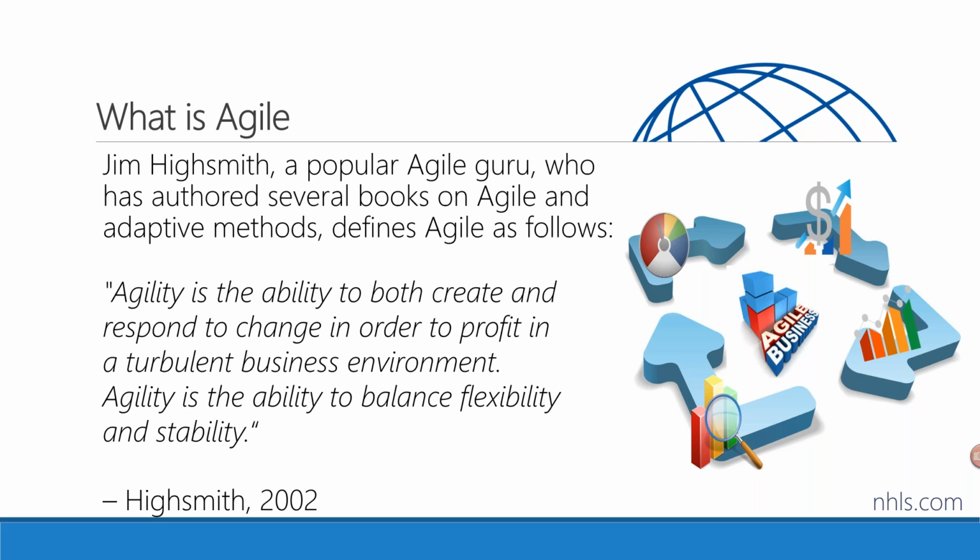Folks, what is Agile? I'm pretty sure that many of you are wondering what Agile is all about. I have heard this term being thrown around in my office. I have seen some of these talks around the cooler and so on and so forth. So what I will tell you really quickly over here, my friends, is